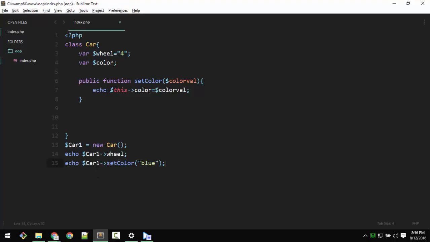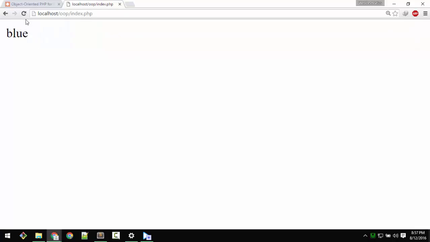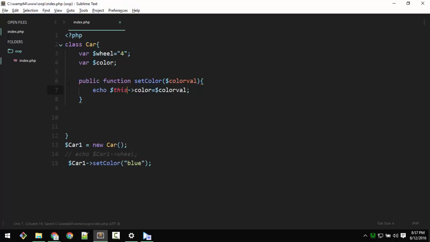Okay, this is how we access the methods. So yeah, we are echoing this value here, so we don't need echo here. We just call the name of the object and set color, so that will automatically echo or return this value to us. Okay, let's just check that. Yeah,